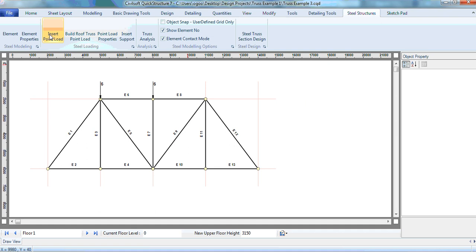will always verify that the point you are clicking is another point. If it is not another point, it will not allow the point load to be inserted. To avoid mistakes is very, very important. So that's it. Okay, now after inserting the point load, of course the next thing you will do is